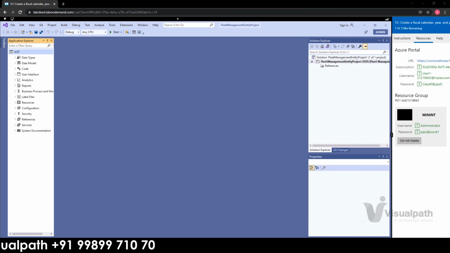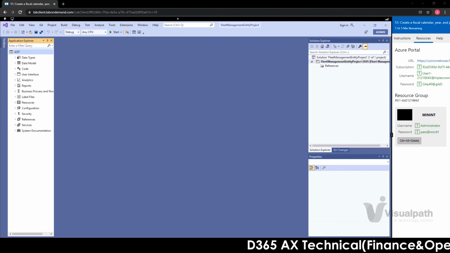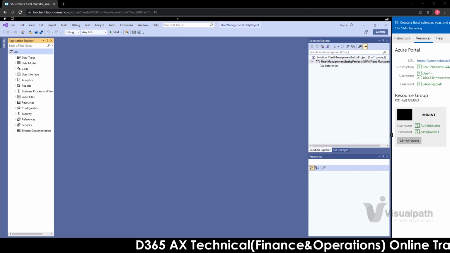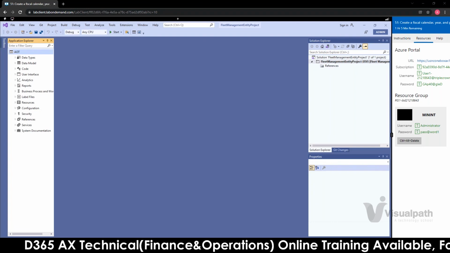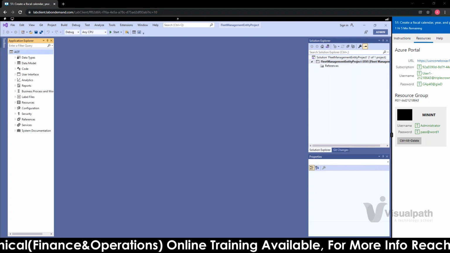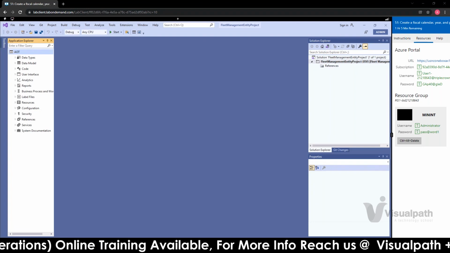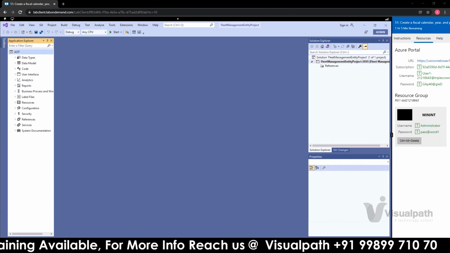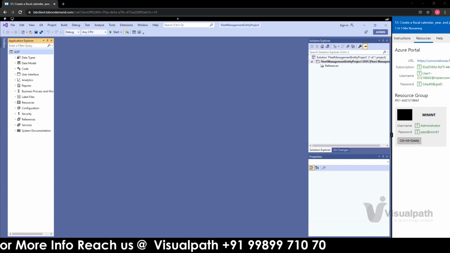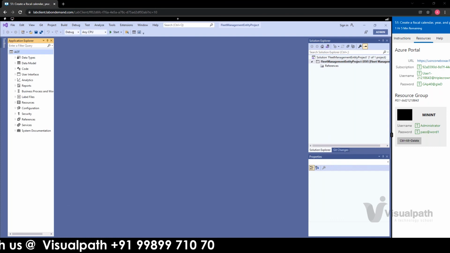Obviously for training purposes we won't have all the Azure services. So we can guide you with the steps, with reference documents on how it works, but not to the extent of taking the deployable package and deploying it to other environments.